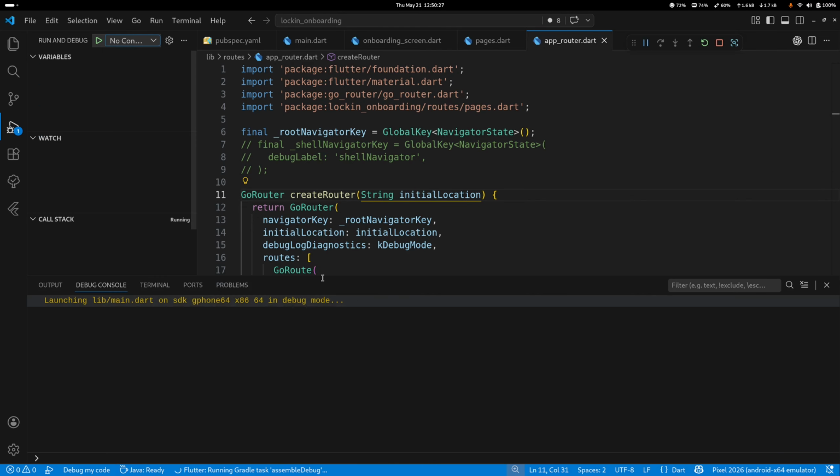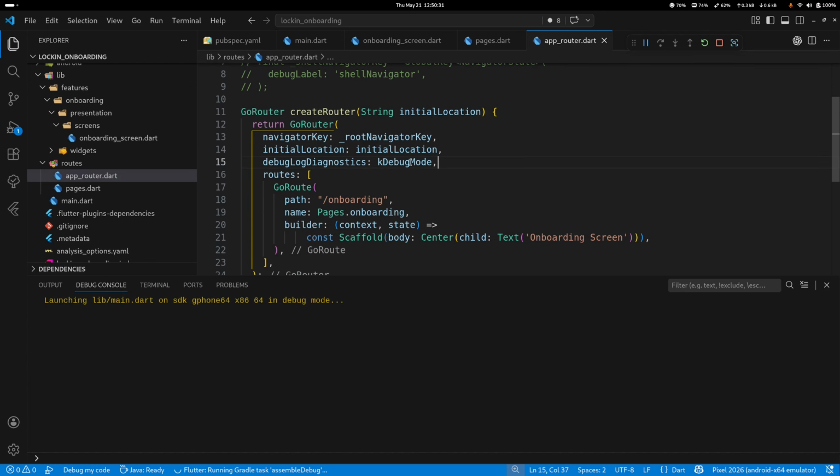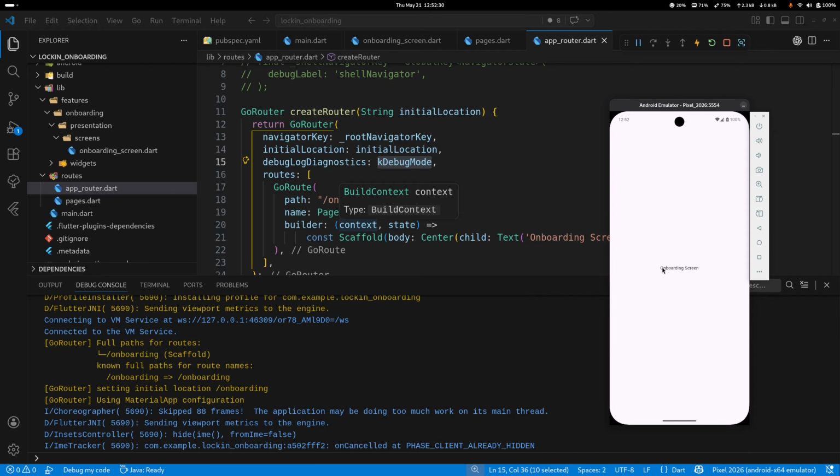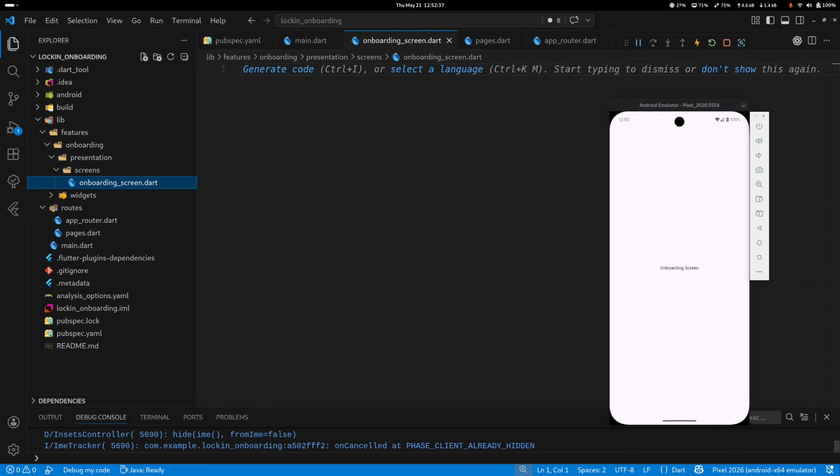Yeah, it says launching in debug mode. Since it's launching in debug mode, this field is true, and because of this we'll get to see the logs. Okay, we can see the onboarding screen coming up, but it's a basic simple text. We'll now style this. In order to style this, we'll go inside our onboarding_screen.dart file, and we'll